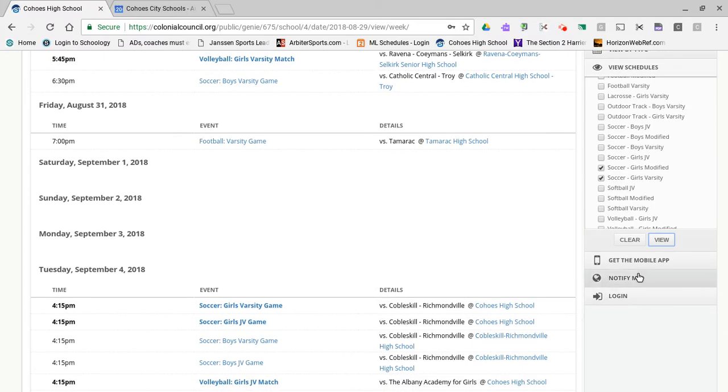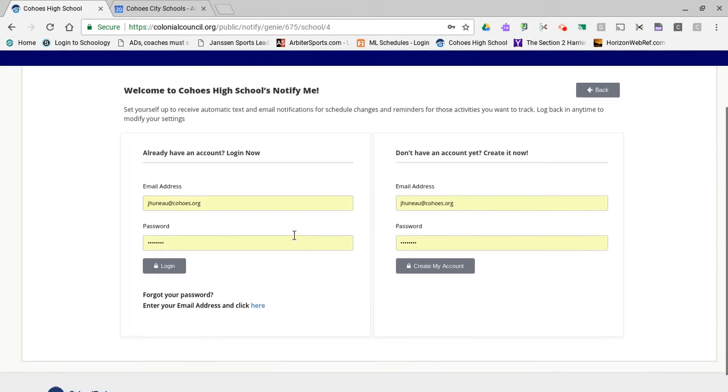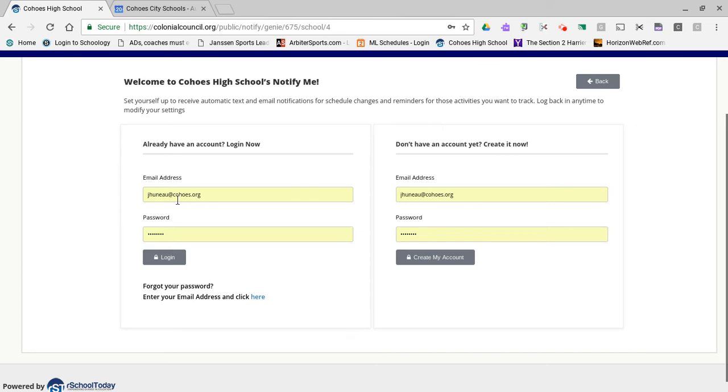Another option down here is called Notify Me. You click on that. I already have an account, so I don't need to create one, but you would have to create your account. And it's really simple to create it. Just follow the steps, use your email address. It will ask for your cell phone number if you want text notifications, and then create your password. Once you log in,